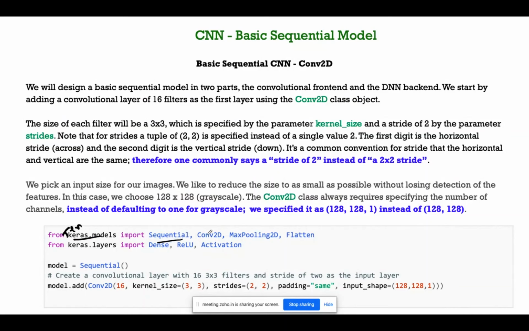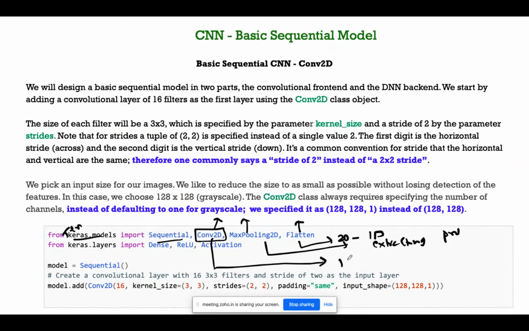I have Sequential, Conv2D for your convolutional operation, and you have MaxPooling, and we have Flatten for converting 2D to 1D, and max pooling is to extract the proper information, convolution to take the features. I believe you know your activation functions.